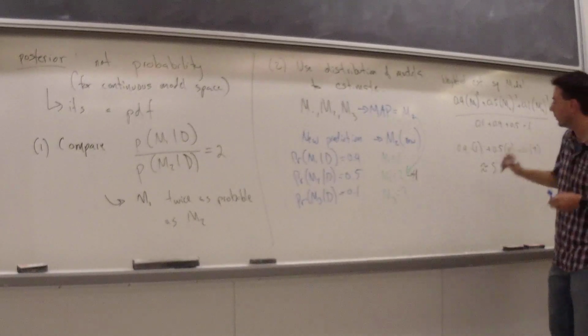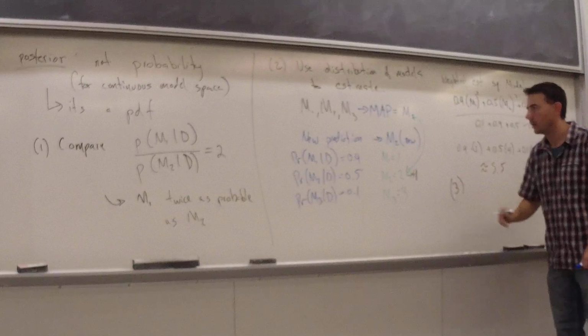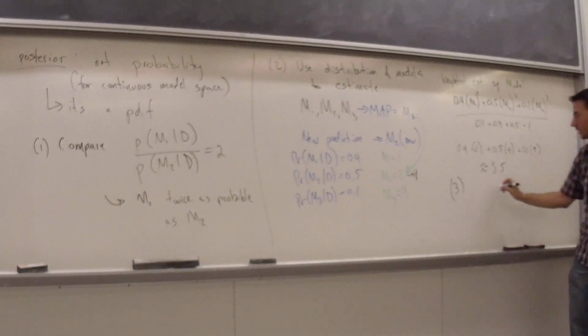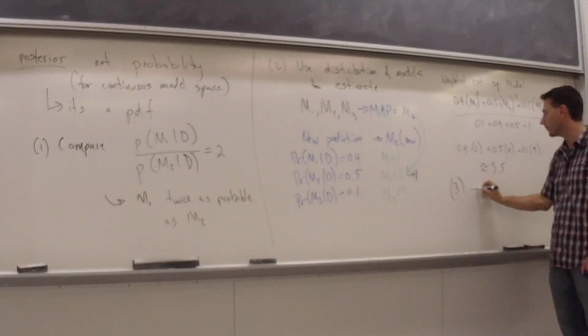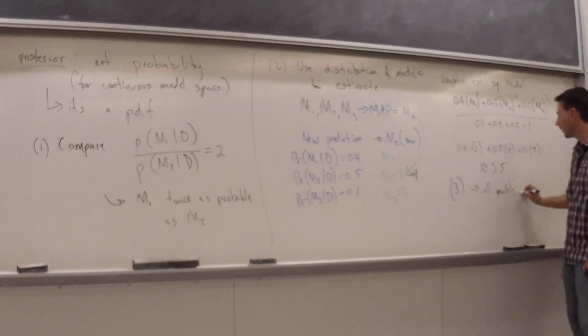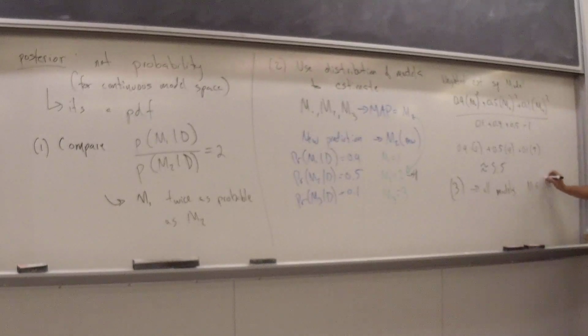The other thing I can do is something like confidence intervals, which is related to hypothesis testing in ways we're not going to get into. But let's say I have a continuous space of models, and I can say that, for instance, all models M in between 0.5 and say 3.5